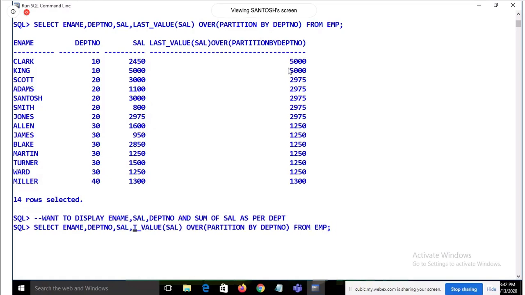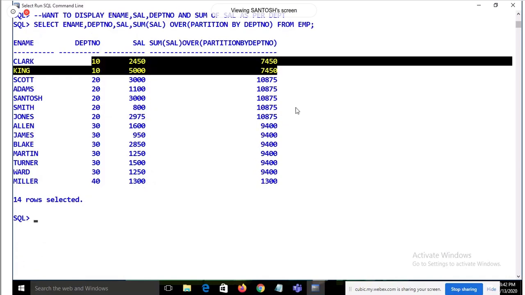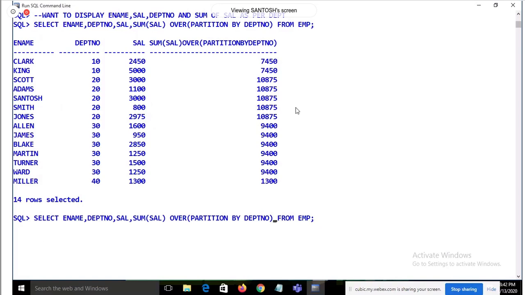Sorry. I'm just going to put sum of sal. And yeah, so this is the sum of the salary for department number 10 or 20. Okay. My question is, I want to display department number and